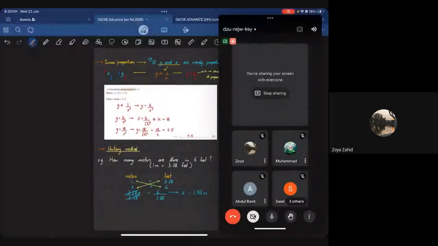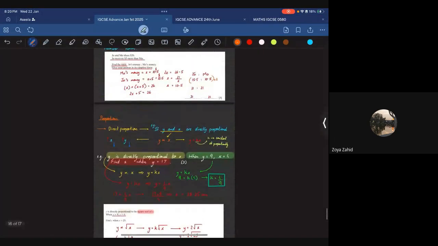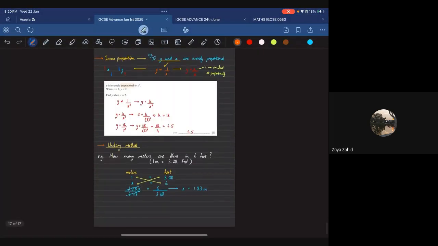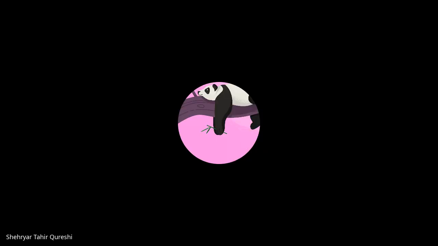All right, hopefully this is clear. Okay, now we're done with proportions as well. Now what we're going to do is continue on with something different now, which is